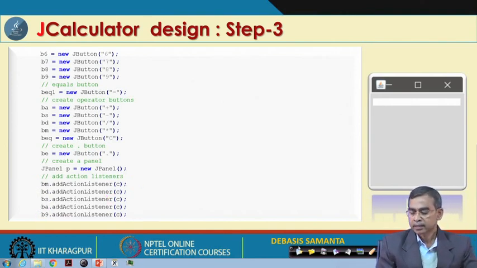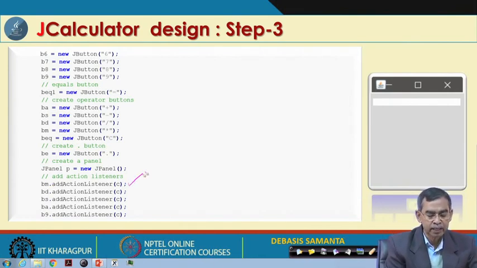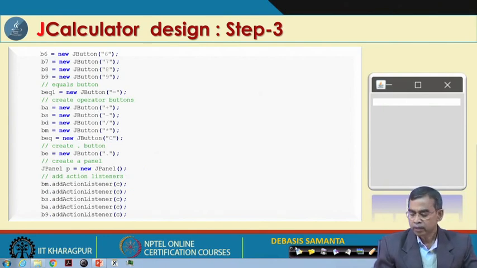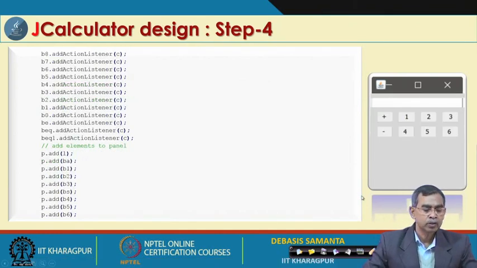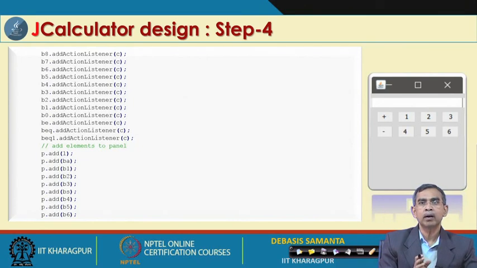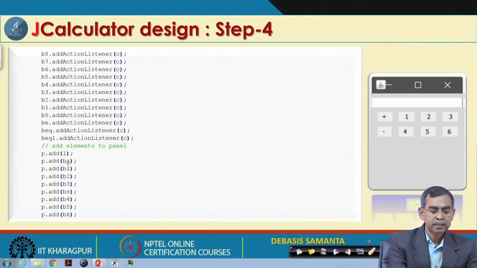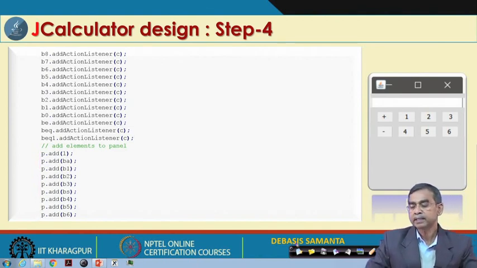So, we are adding some methods that define what action will be produced if we press a button. These are declared here, and then these are the action listeners for all the components that we have included. And then finally, we add all the buttons, labels and text field into the panel. So, this is the statement for that. This completes the addition of all the elements into the panel.